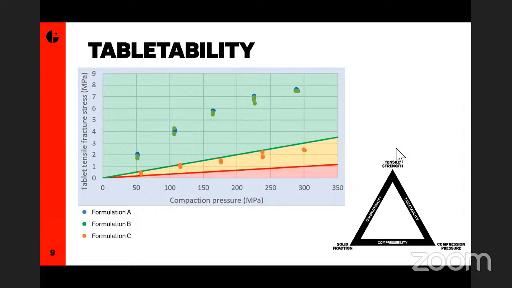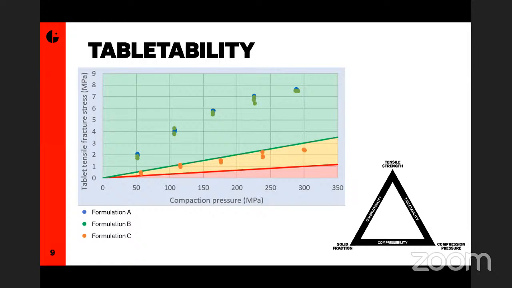And it's important to recognize that not only are the absolute values of this useful, but also the shape of these profiles. We tend to think that you increase the compaction pressure and you expect to have an increase in tablet strength as a result. But this only is true up to a point for most materials. Most materials at some point will start to plateau, where you get no improvement in strength with increasing compaction, or you may even find a drop-off point where increasing the compaction pressure will actually create weaker tablets when overcompression starts